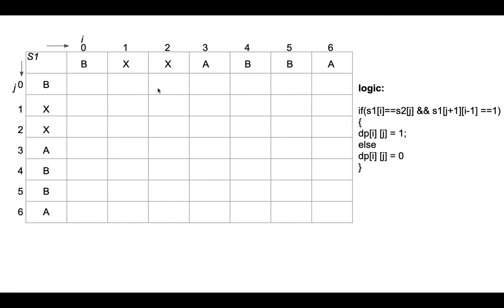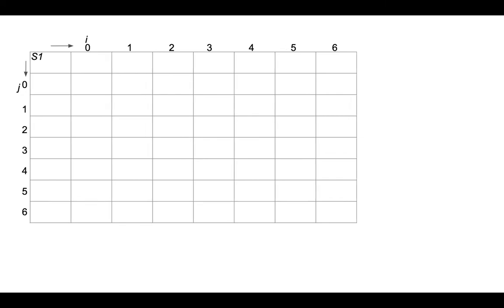We have to move to its diagonal and check whether this cell value is 1 or not. If this value is 1, that means the string starting from 0 till 2 is also a palindrome. If both of the characters do not match each other, that means the string is not a palindrome. And this is how we use this sliding window effectively to check whether the string denoted by this sliding window is a palindrome or not.